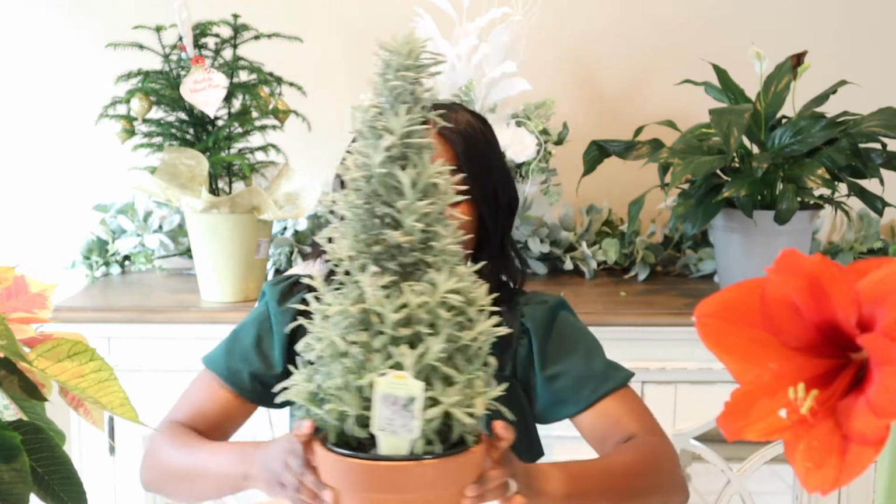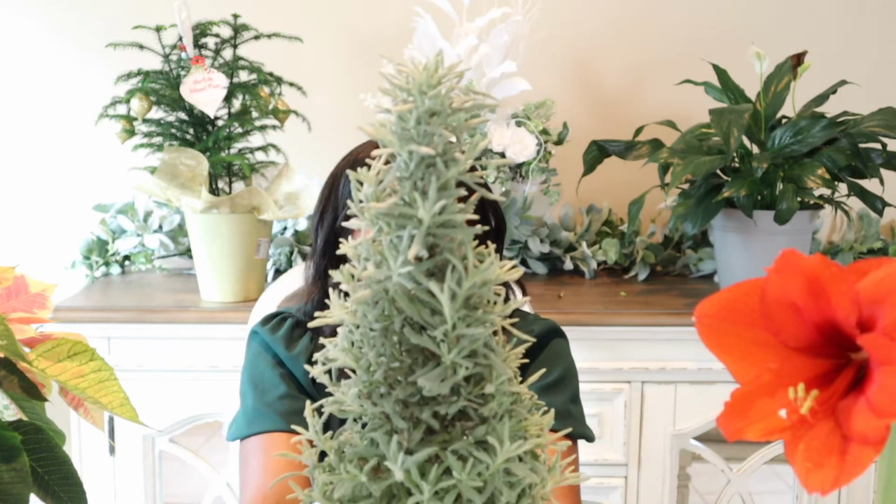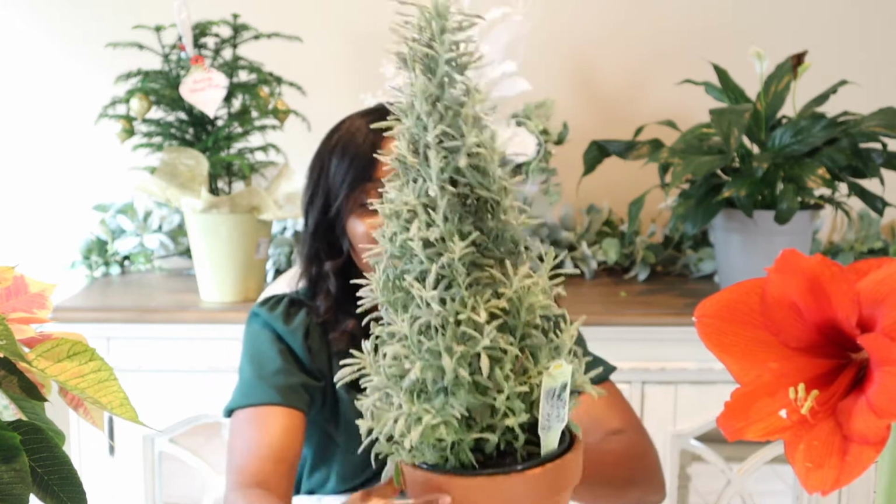The next plants we'll talk about are herbs. Here is a lavender bush, and it's shaped like a Christmas tree. Look at that, isn't it adorable? It smells